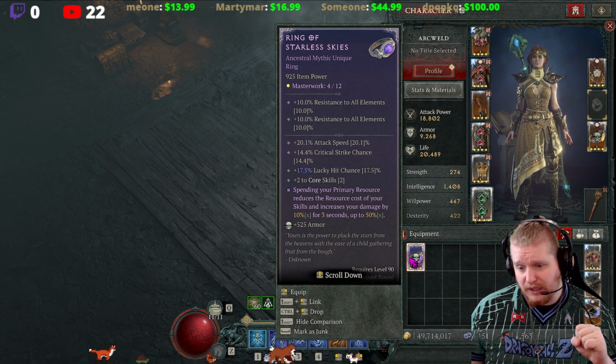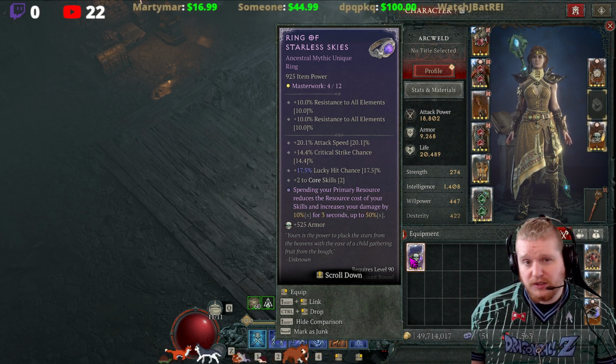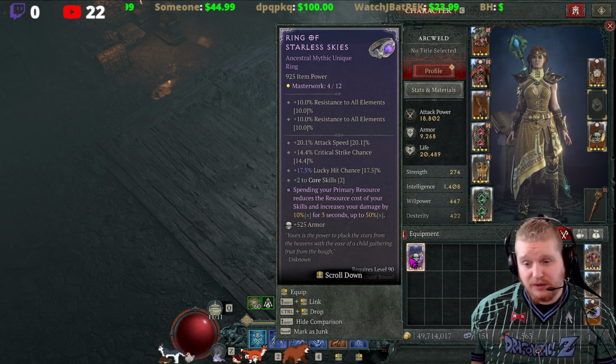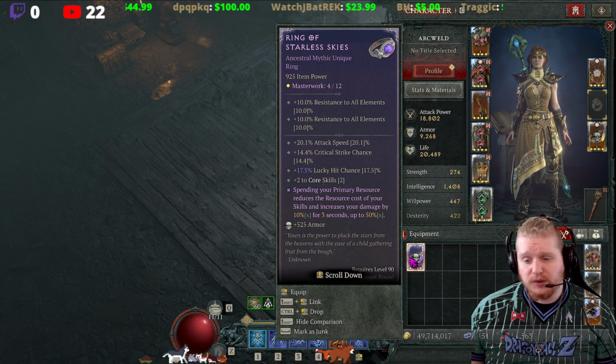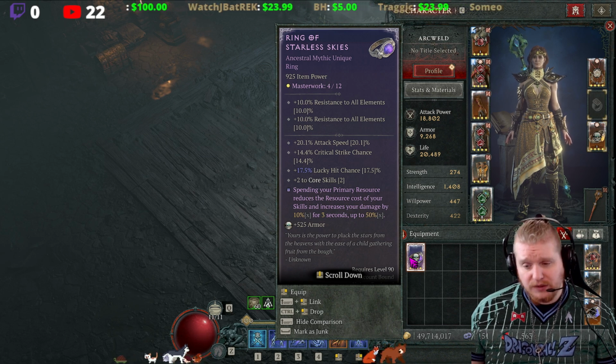It actually works with anything. It doesn't have to be core skills, but specifically this is going to work with spenders more than anything else. But with the recent patches, there's a lot of things that can potentially make you into a spender, and we'll talk about that. So spending your primary resource reduces the resource cost of your skills and increases your damage by